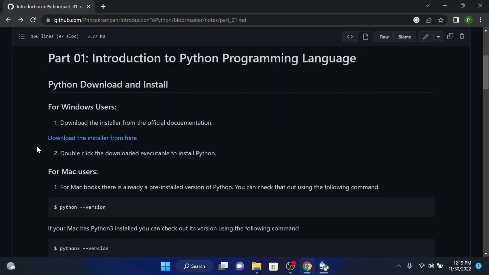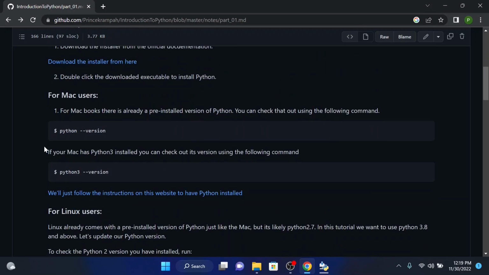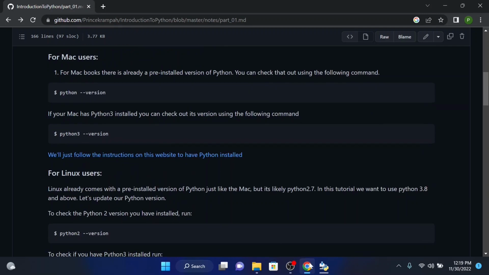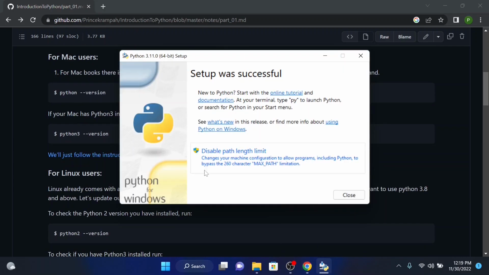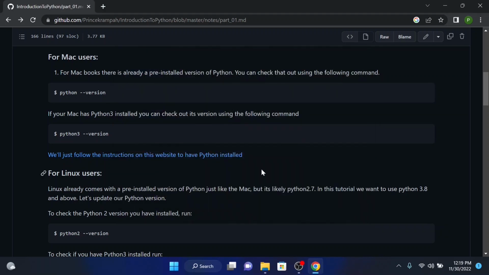So yeah, that's basically it. So let's wait for it to get downloaded. Okay, so we also need to go ahead and install Python on MacBook and on Linux, and you're going to do that in just a second. But for now, let's make sure that you have Python set up on our Windows machine, and you can see it's installed successfully. So once it's done, you can just click close, and that's going to go ahead and close it.